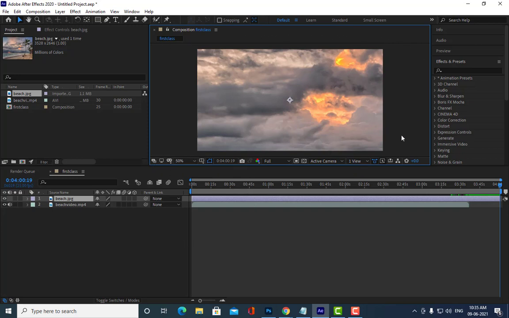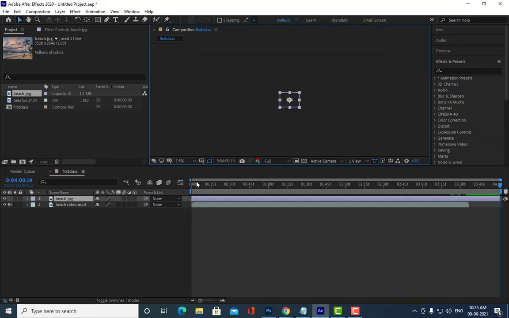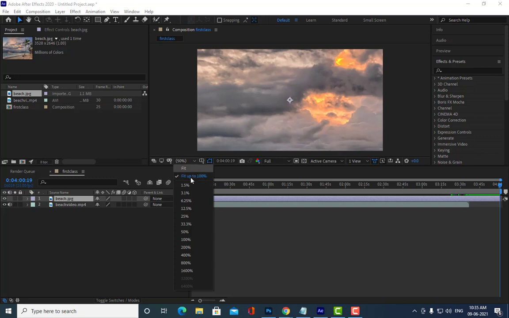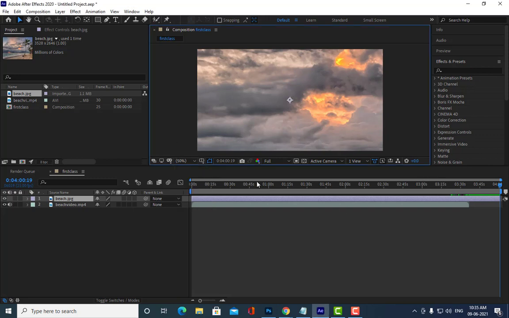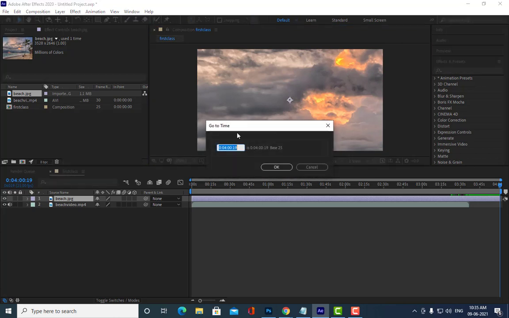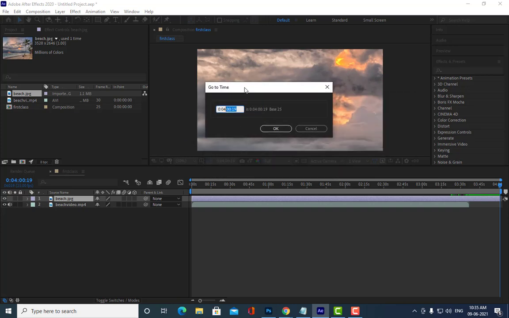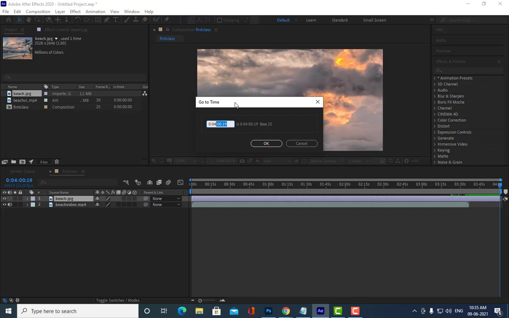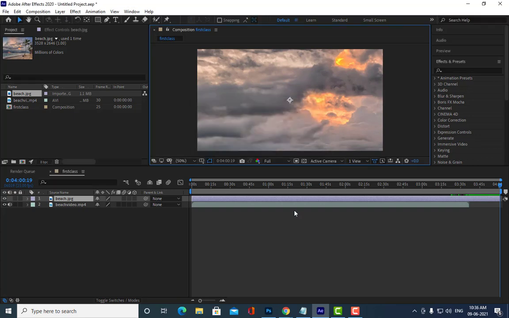Okay, and you can also see certain things in this composition screen, such as fit up to 50% or 1.5%. Okay, fit up to 100%. So this is the default actually. Always keep it here. And then see here, you can also check the duration here, means go to time. You can click here and you can go to a specific time in your video. Are you all getting my point? Yes, sir.